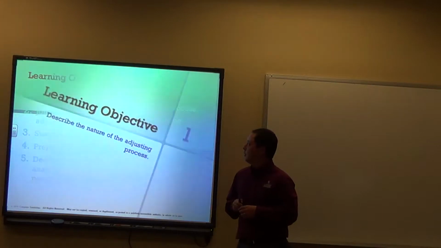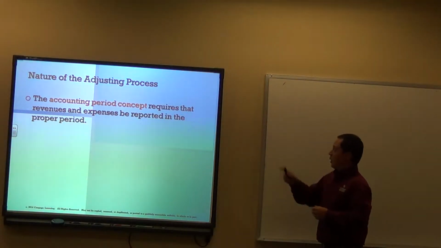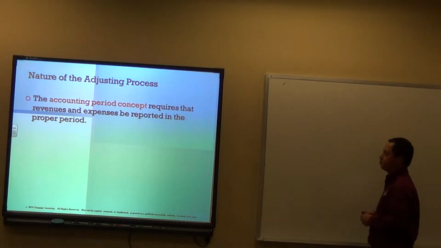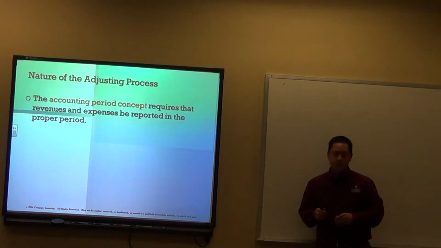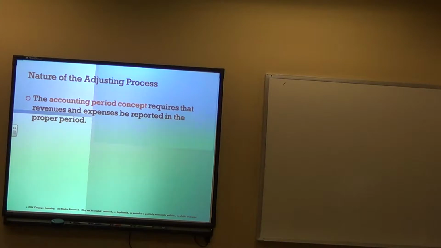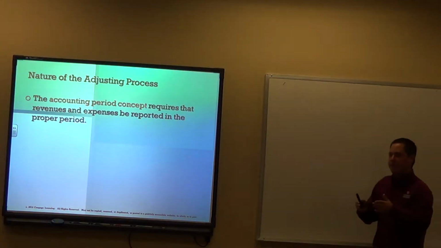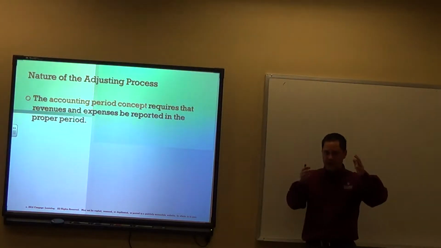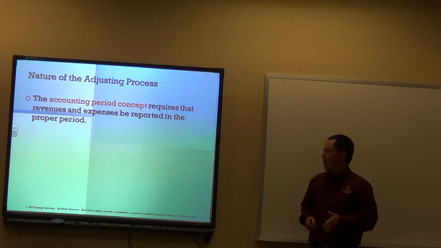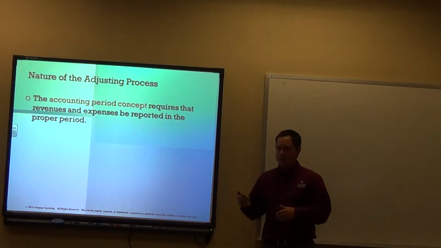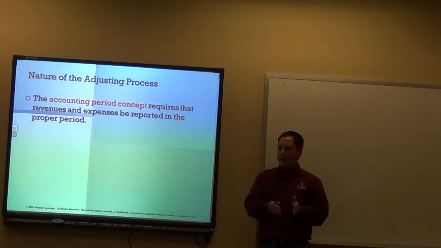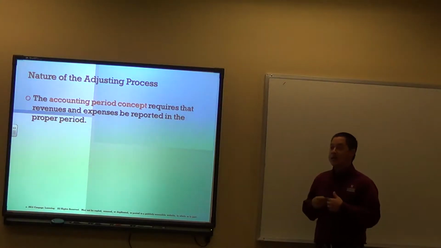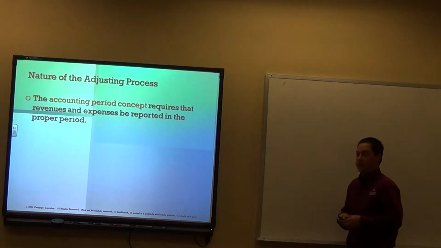All right. I'll let you read the thoughts there on the accounting period concept. And they must match. We talked about that in chapter 1, where things must match. So anything that we have for revenue should match the expenses. Some companies do try to pay all the expenses up front to lower that income, but what you really want is for them to match, so you can have a fair view of what the company is really doing,